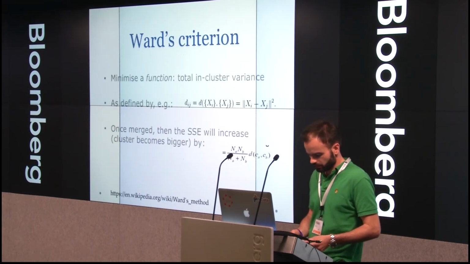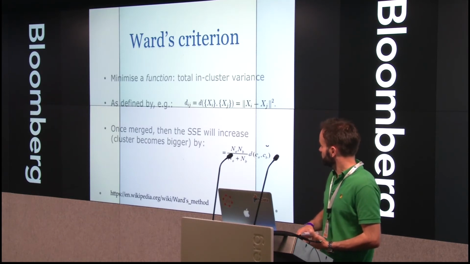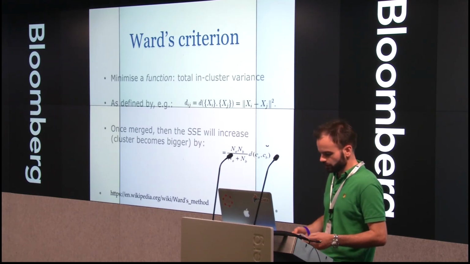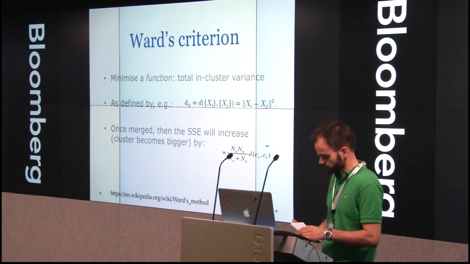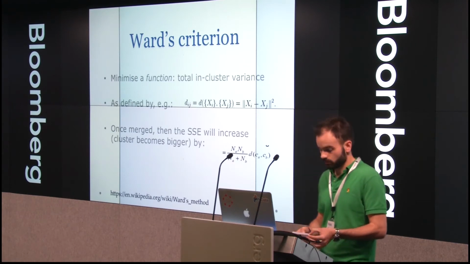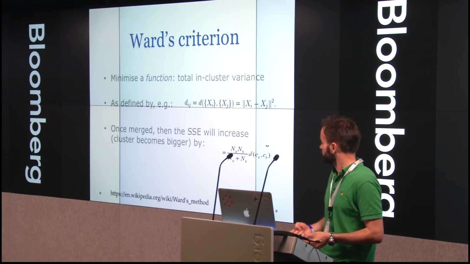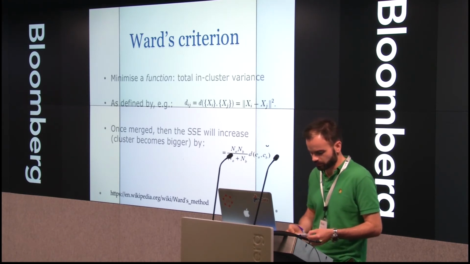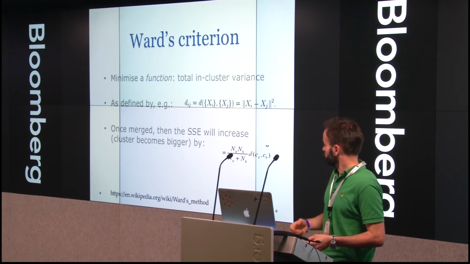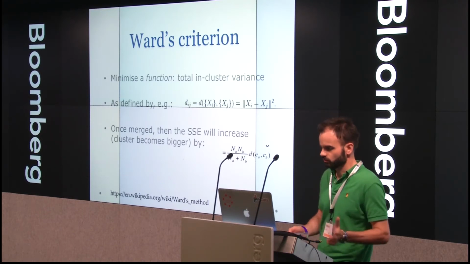And then here's a method that's quite prevalent, and it's to do with minimizing the variation within a cluster, basically. But Ward, when he defined it, he said you could basically minimize any function that reflects your purpose. And I think it's a good way to look at it. Keep your options open. But what you're doing is you're minimizing the sum of squared error, and you're reducing your variation before you make any decision whether to join clusters together or to divide.